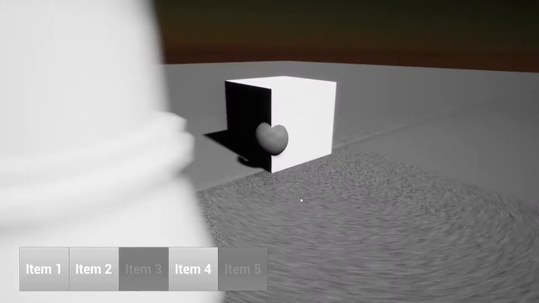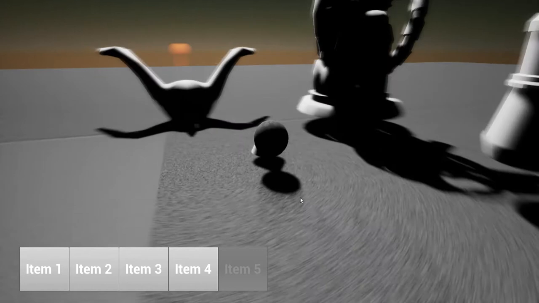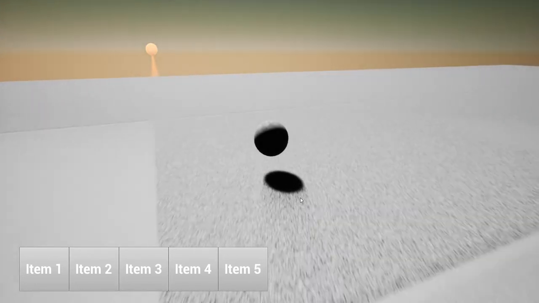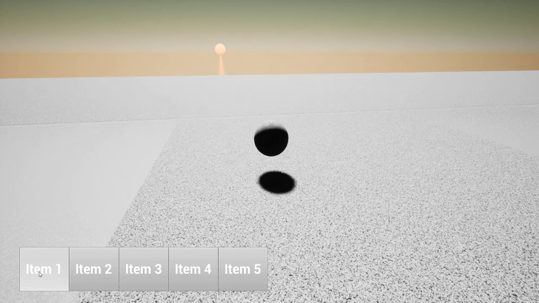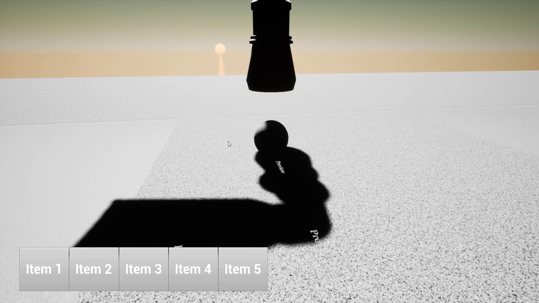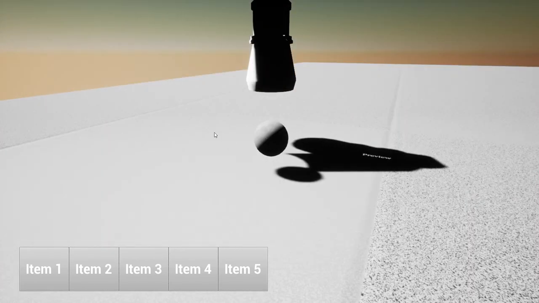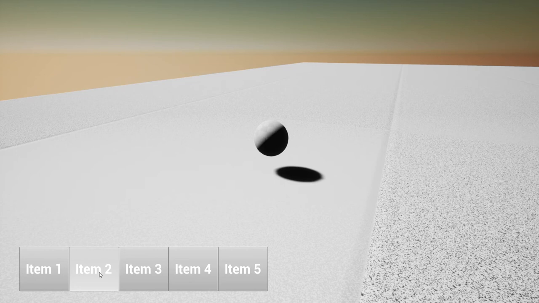So as you can see, I can go around and collect all 5 of these items, and then what they wanted was to be able to actually click on these things and add them to the player character. So if I click item 2, you'll see this thing is now attached to the player character, and then if I click item 2 again, it'll be removed. Click item 3, put something else there, but if I click item 2 while item 3 is still present, they